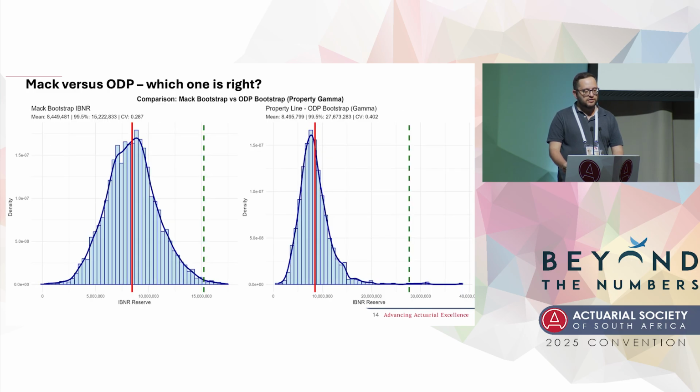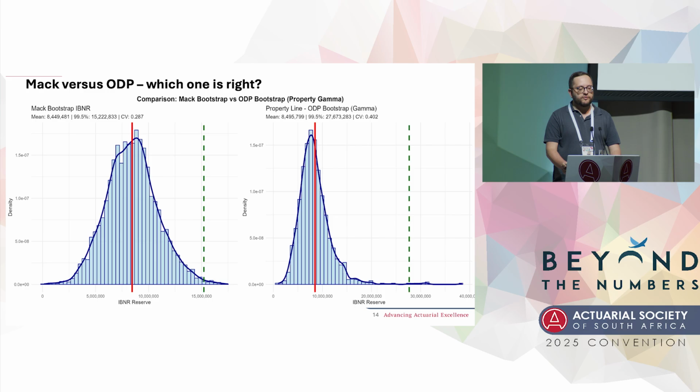So this is a little picture where we took a triangle and we bootstrapped this triangle. I think it's a property line of business. And you get a Mack bootstrap. So as we said, with Mack's method, you no longer need to just calculate a single number. You can now bootstrap. And if you bootstrap this particular triangle, you get an estimate of risk that looks like this. There's a coefficient of variation for your overall triangle of 0.287, and your 1 in 200 year risk is